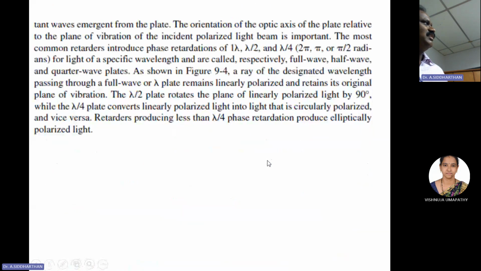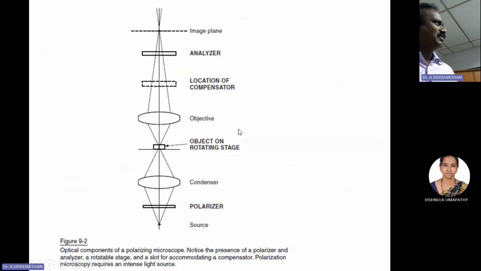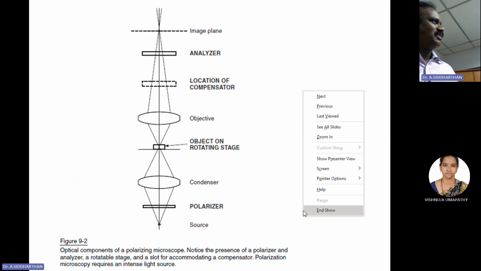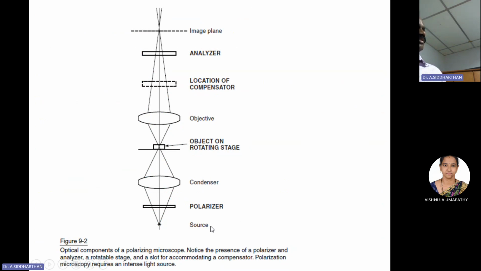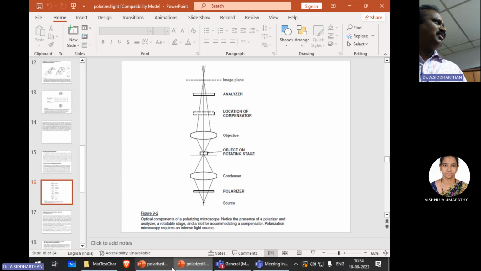Okay, so we'll see later how these microscopes appear. In general, the arrangement is shown here. Source, you put a polarizer. Through the condenser, it goes to the sample. From the sample, it goes to the objective. This we'll see later, like the compensator and retarding plates, and you have an analyzer. This is where the image is taking place. This is for the transmission type of microscope. The same thing is for your